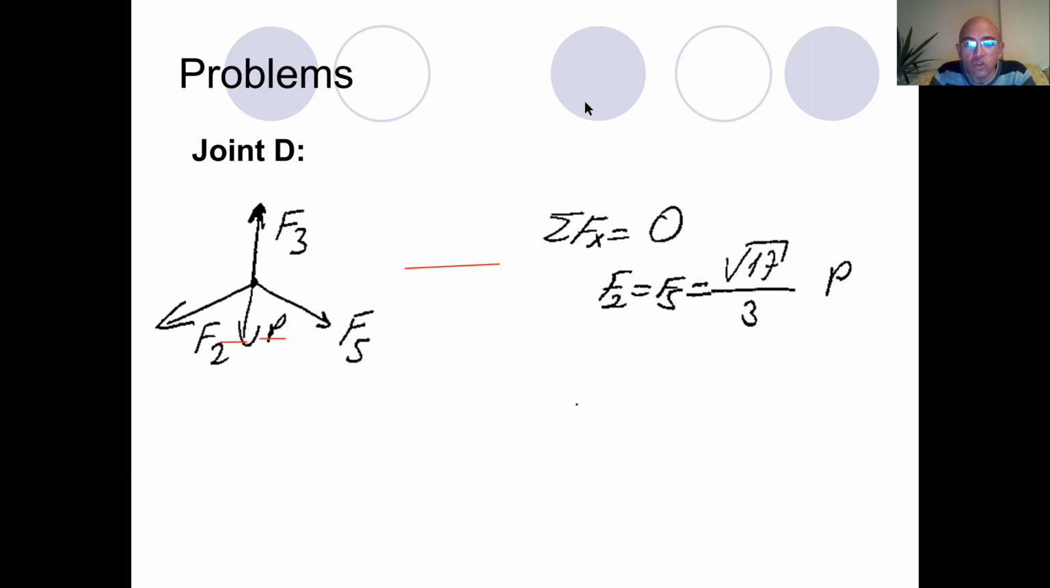Now, our last joint is joint D. So at joint D, we have members 2, 5, and 3 connected, and we have an external load P. Now again, we will write the sum of the forces in x direction because we have already calculated the value for F3. And if we write the x components of the equation, we can easily say that F2 is equal to F5, and that is equal to square root of 17 divided by 3